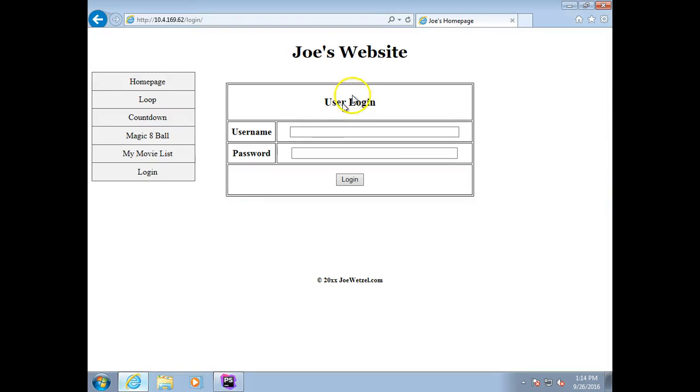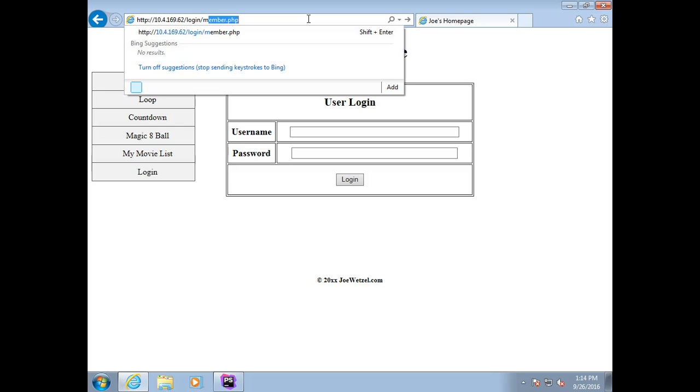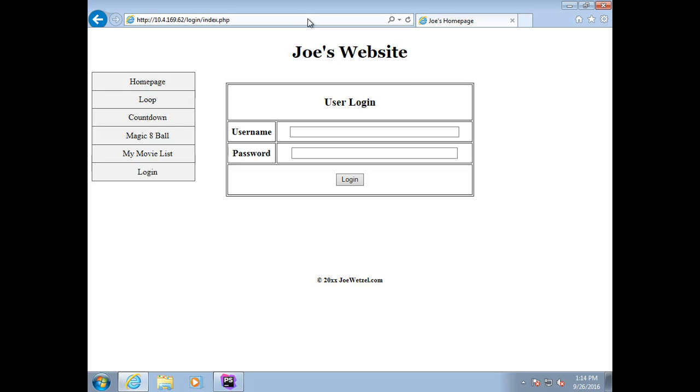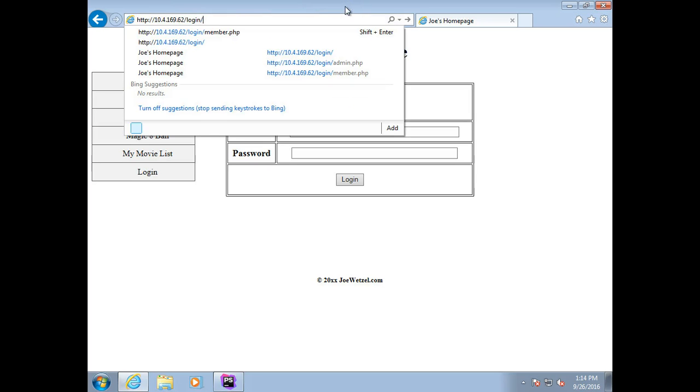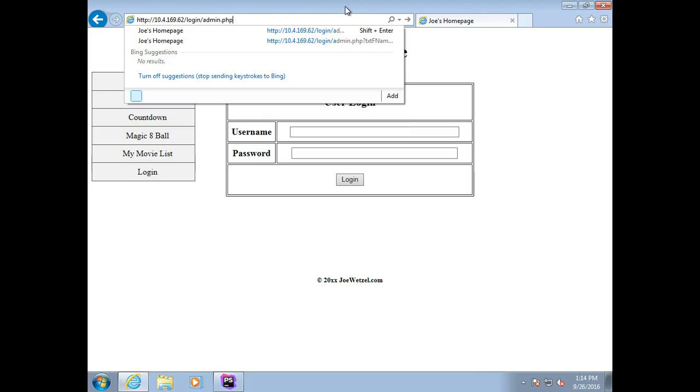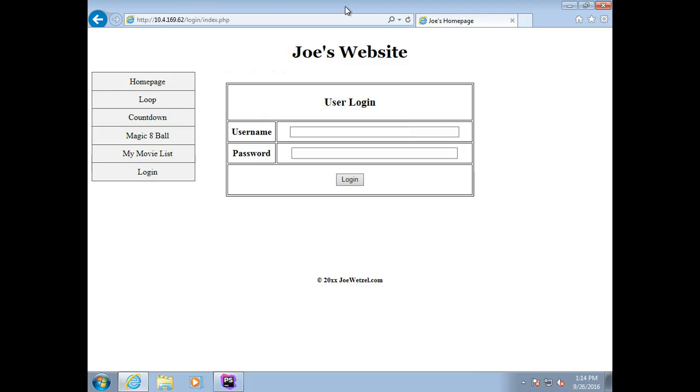So now if I were going to go to members.php, it automatically pops me back here because I'm not logged in. If I were going to go to admin.php, automatically pops me back here. But if I were to log in,